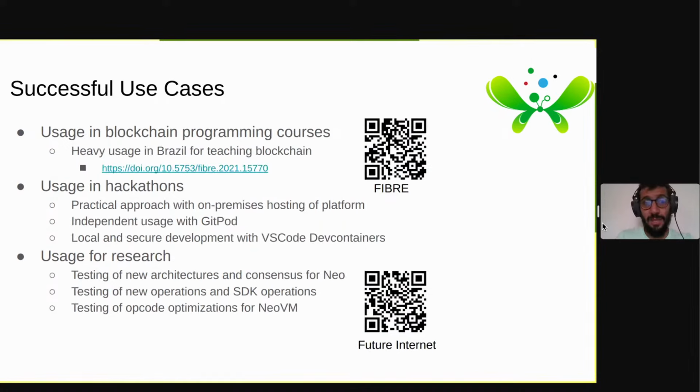Some successful use cases for NeoCompiler Eco. We have some heavy usage for teaching blockchain. There's a QR code here for a paper we have published on using blockchain for teaching in Brazil. And then this project has been used a lot in hackathons. An easy way to do this for hackathons is to use our